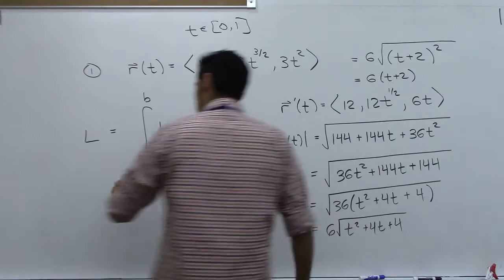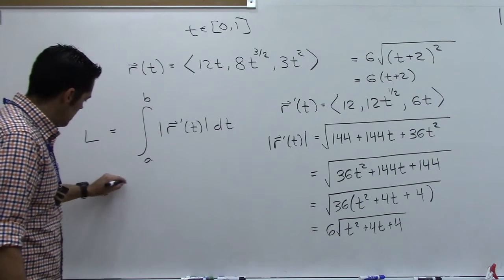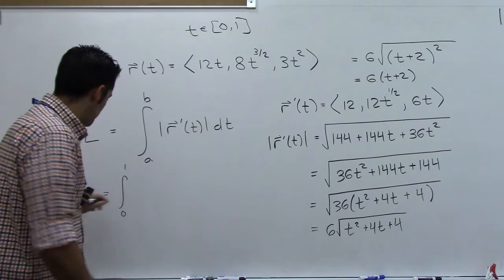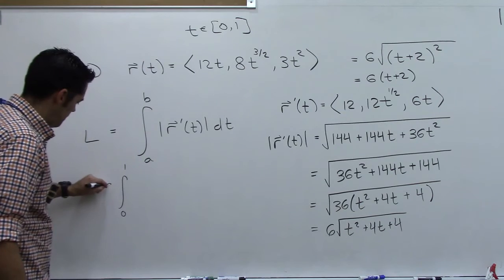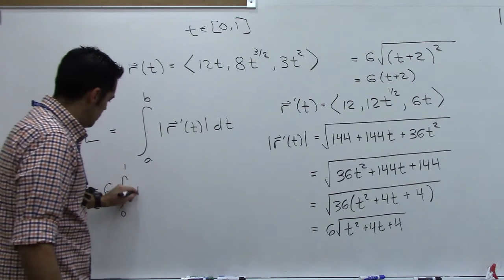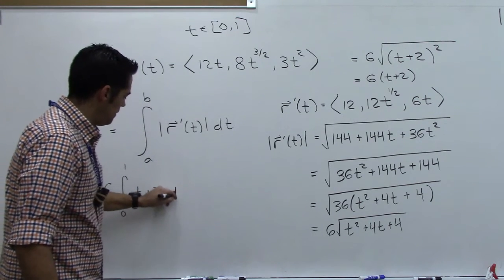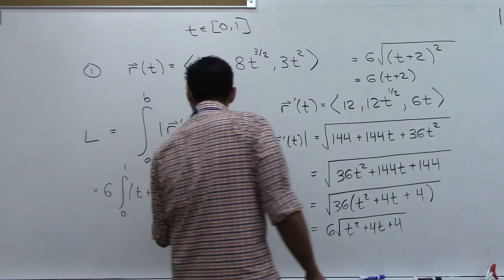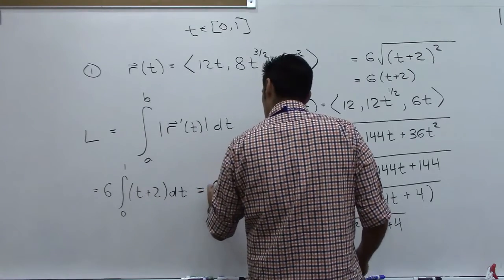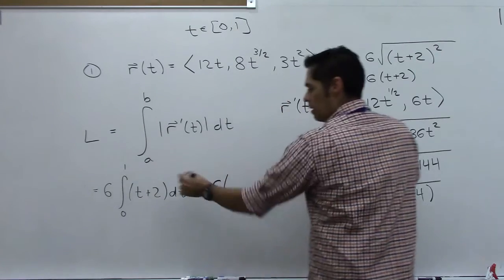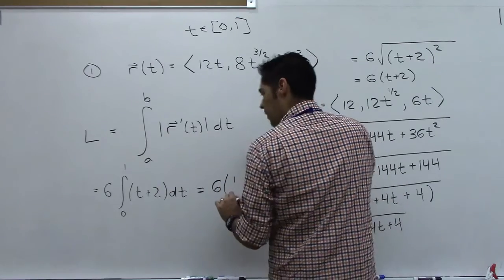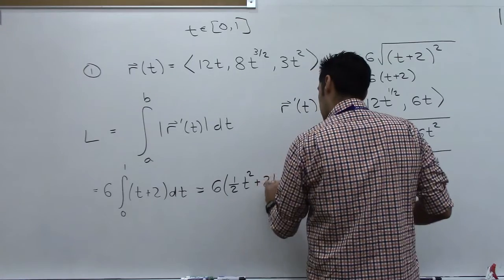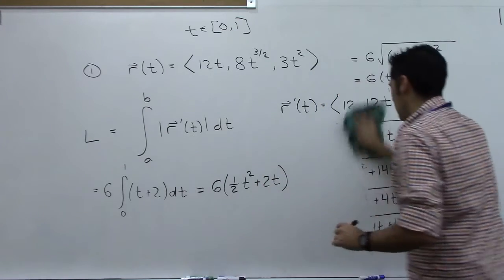So we come back over here, the length is going to be equal to the integral from 0 to 1 of this, which was 6. I'll just pull the 6 out now. And then (t + 2) dt. And then this is just equal to 6 times the integral. And now the antiderivative of t is 1/2 t squared. The antiderivative of 2 is 2t. And we're evaluating this